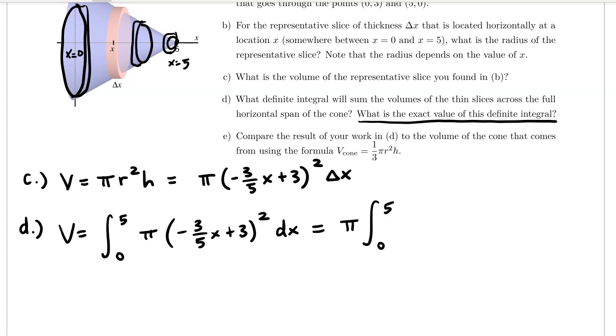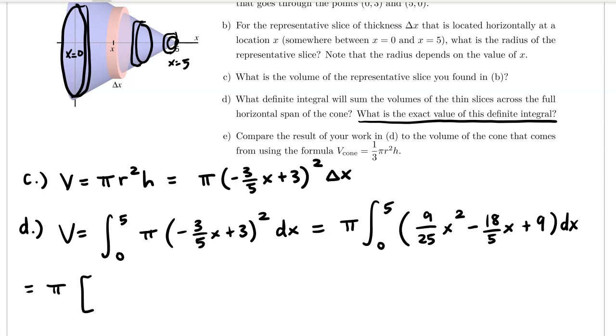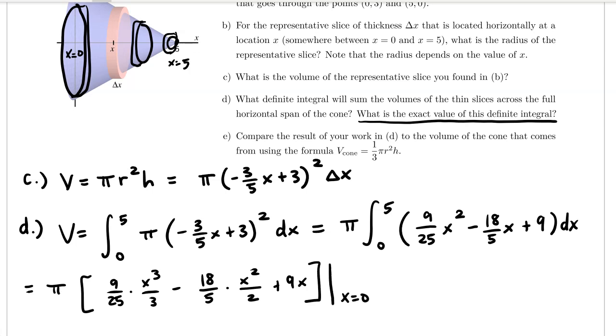And I'm going to also go ahead and multiply negative 3/5 x plus 3 squared. So we get this quadratic polynomial when we expand that out. Now I want to take my antiderivative of this polynomial. So we get 9 over 25 times x cubed over 3 minus 18 over 5 times x squared over 2 plus 9x. Luckily, our lower limit of integration is x equals 0, so we won't have to do as much